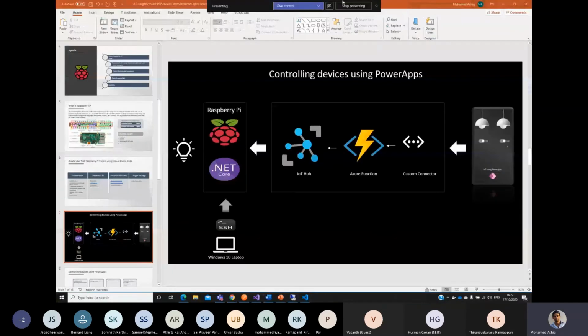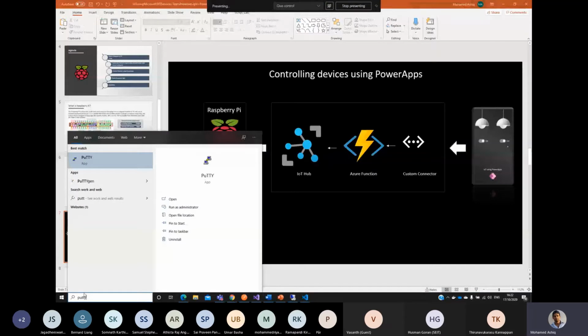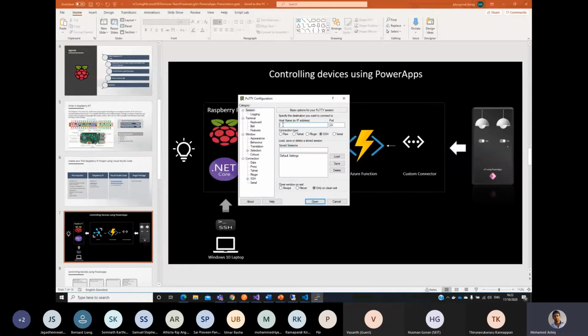Right, so now I'll show another software called PuTTY. It is also available for download, and it is created for Windows. With this software you'll be able to connect remotely to your Raspberry Pi, your remote device. It's again a command line interface. You'll just have to type in the IP address of the Raspberry Pi,